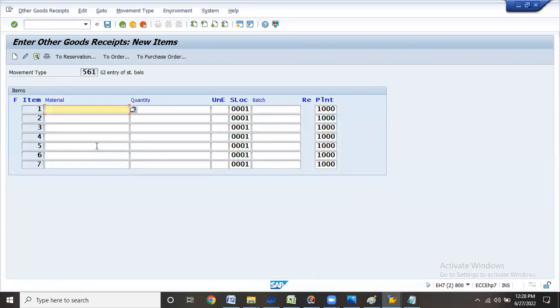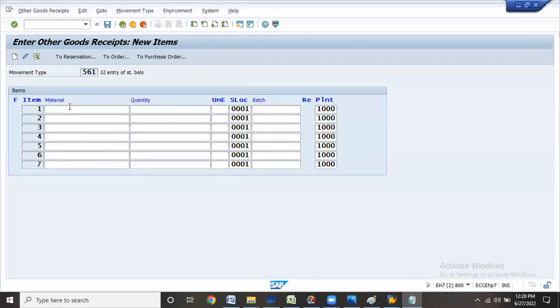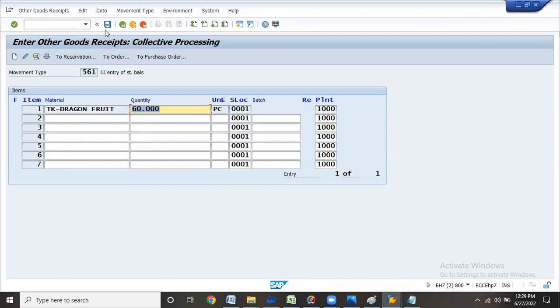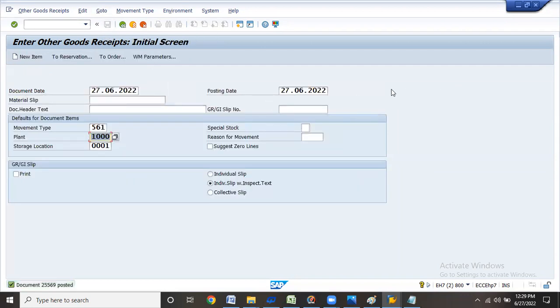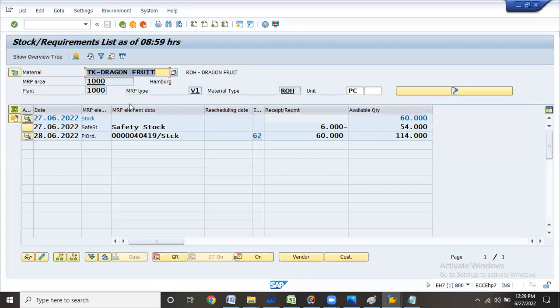What is that material? I have generated. Okay. And now if I come back and execute, now you can see